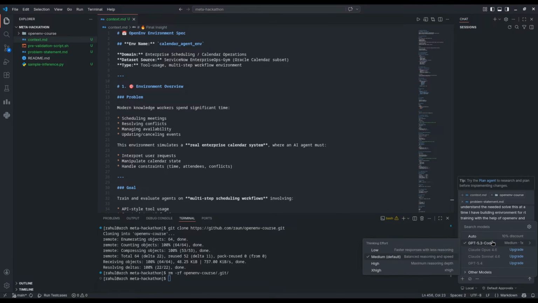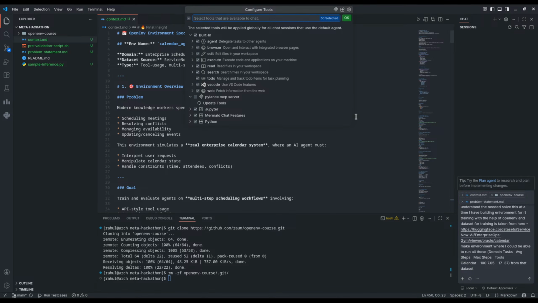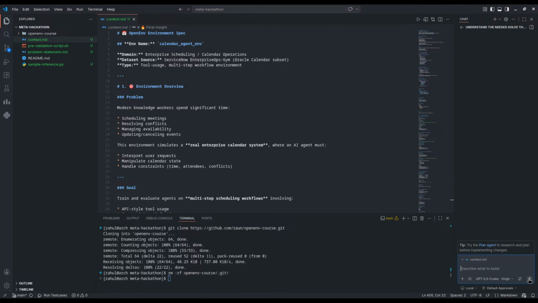Okay, I need to increase this capability. Okay. And then all the context, configure tools, all the tools have been configured. Let this also. Yeah, I think it looks good to me. Yeah, let's see what it takes.